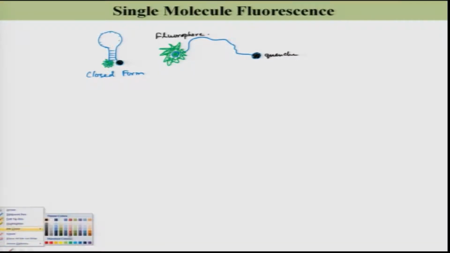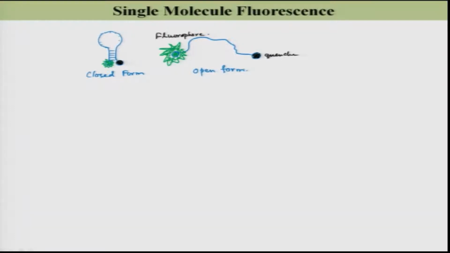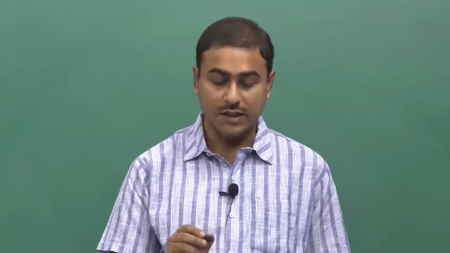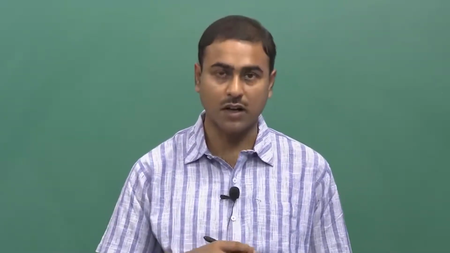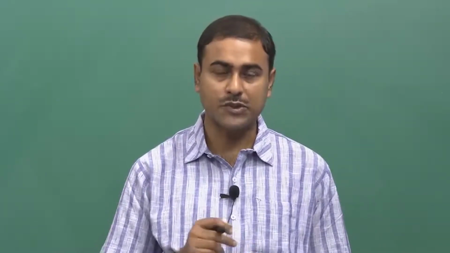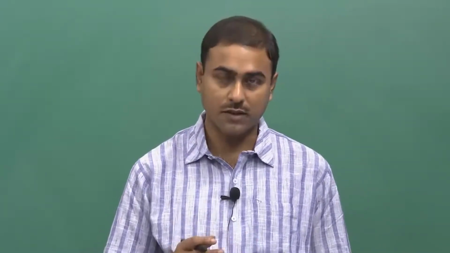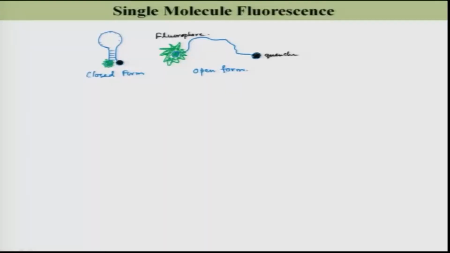And this I refer to as the open form. Consider that I know the emission spectra of this closed form and this open form. Understandably, the fluorescence intensity of the closed form will be much smaller and the fluorescence intensity of the open form is much stronger. So, if I now draw the fluorescence intensity of the closed form and open form,